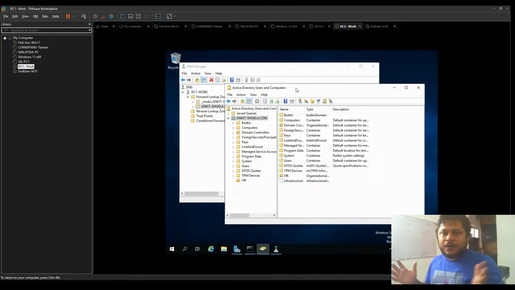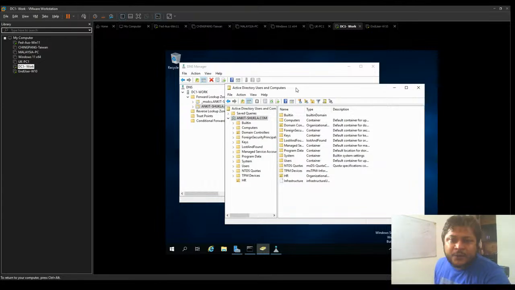To summarize it all, we were able to create a Windows Server. We installed Windows Server on it. We had to assign a static IP as a prerequisite for installing the Active Directory role. Once we installed the Active Directory role, we promoted that server to a domain controller. The domain controller is the first server within an IT infrastructure.